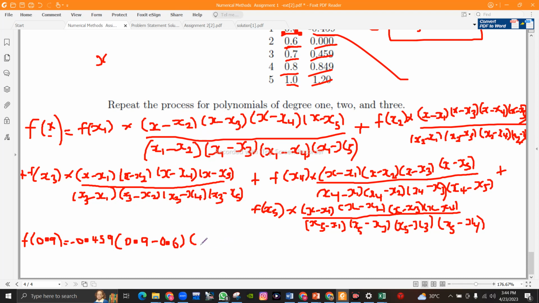Again, that's 0.9 minus x3. x3 is 0.7. Bracket x minus x4, which is 0.8. That's 0.9, which is our x. x minus x4, which is 0.8. Again, x, which is 0.9, minus x5, which is 1, divided by